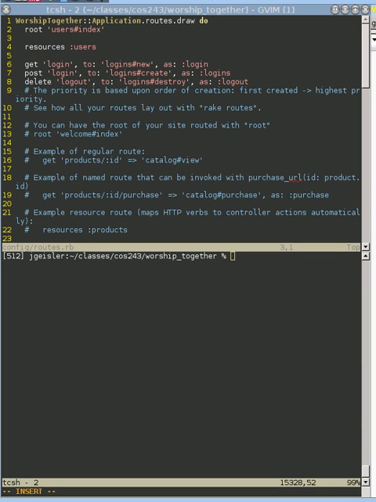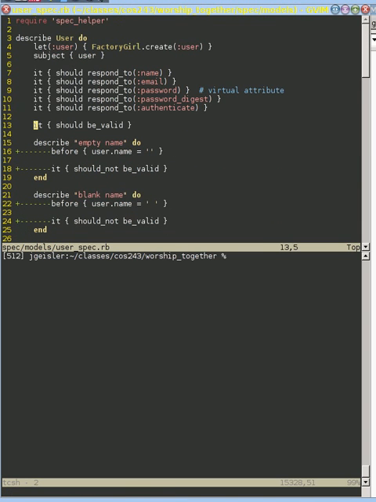So what we're going to do here is build a couple of tests in our model, and then we'll make those work, and then we'll add some functionality in our feature specs. So let's go to our model. So edit spec models user. It's going to be very simple. What we're going to do